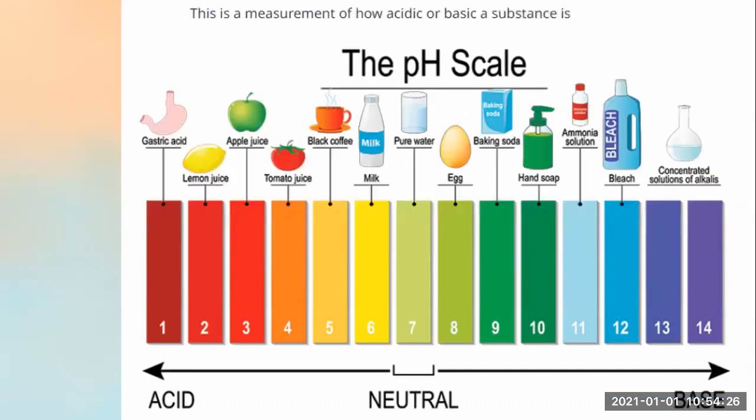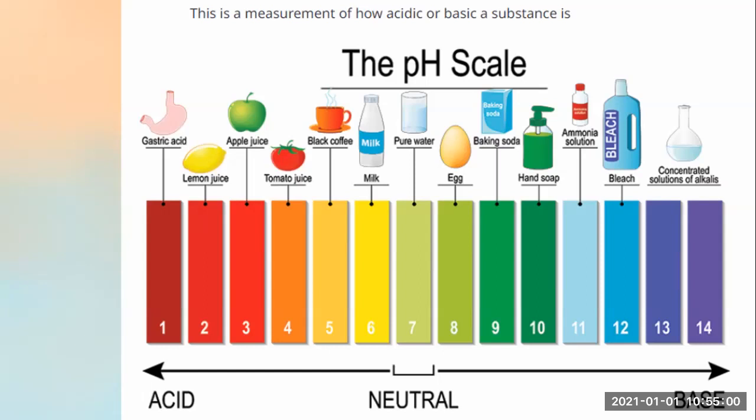Now see students, can you see a colorful scale here? This colorful scale is nothing but the pH scale. From number 1 to 6, can you see the colors from dark red to yellow? So when we do the activity and obtain a color from among this 1 to 6, we can see that the substances are acidic. It means that numbers 1 to 6 on the scale represent acidic nature, right?